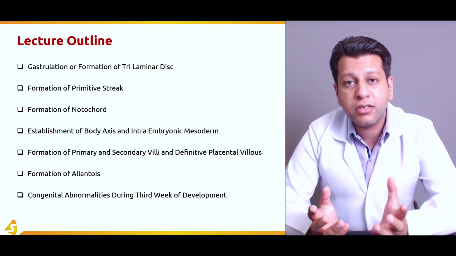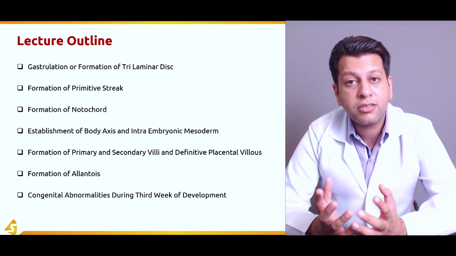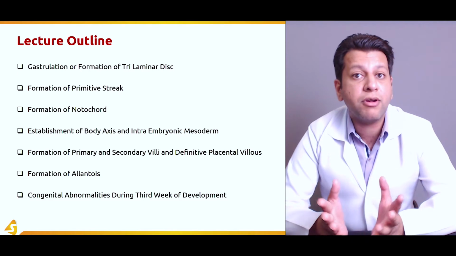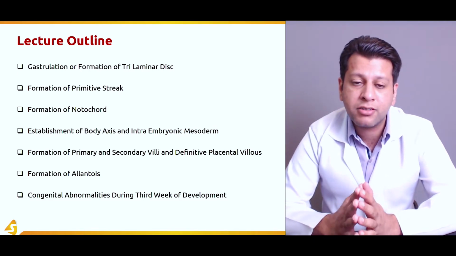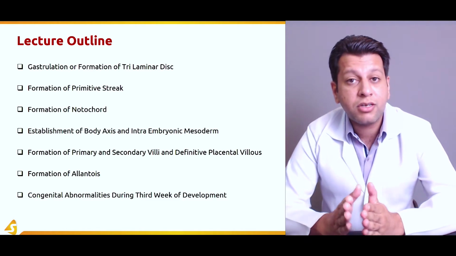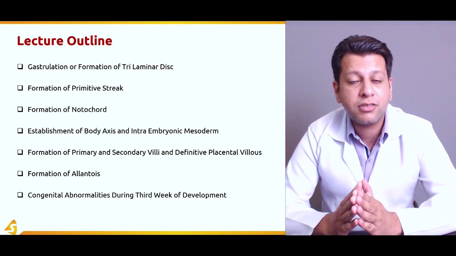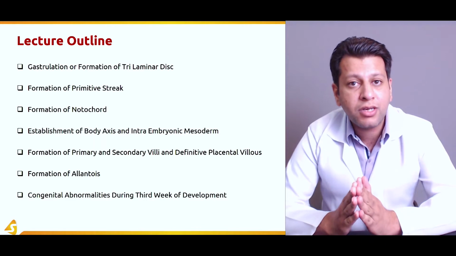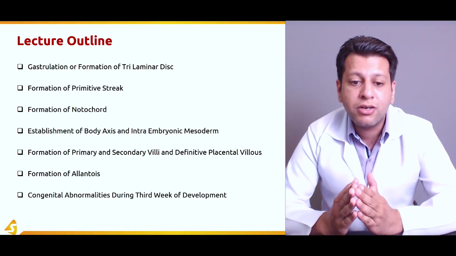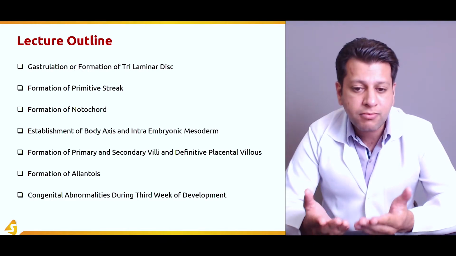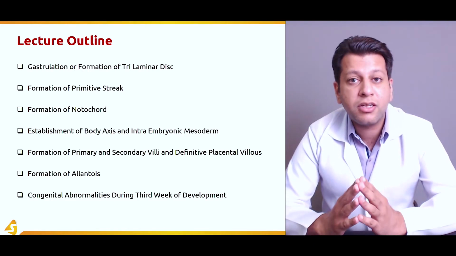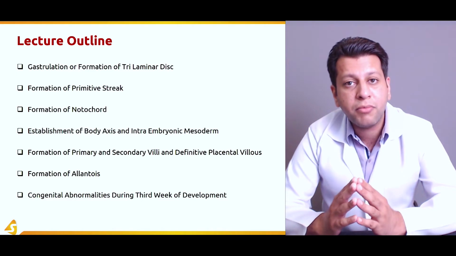We discussed in the previous lecture how the inner cell mass, which was surrounded by trophoblast, divided into two layers, the hypoblast and epiblast. Today in this lecture, we'll discuss how the epiblastic cells migrate to form a three-layer structure, called gastrulation or formation of the trilaminar germ disc, and how the epiblastic cells migrate to form ectoderm, mesoderm, and